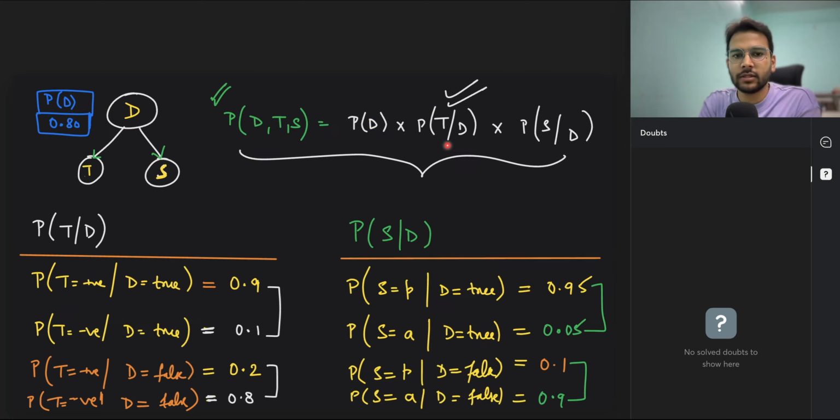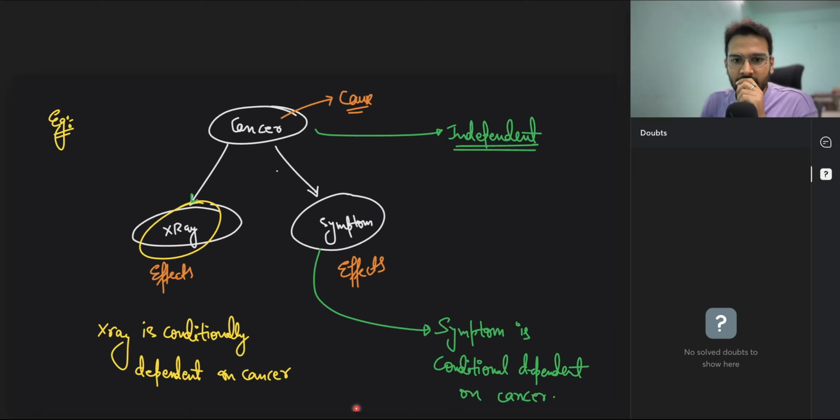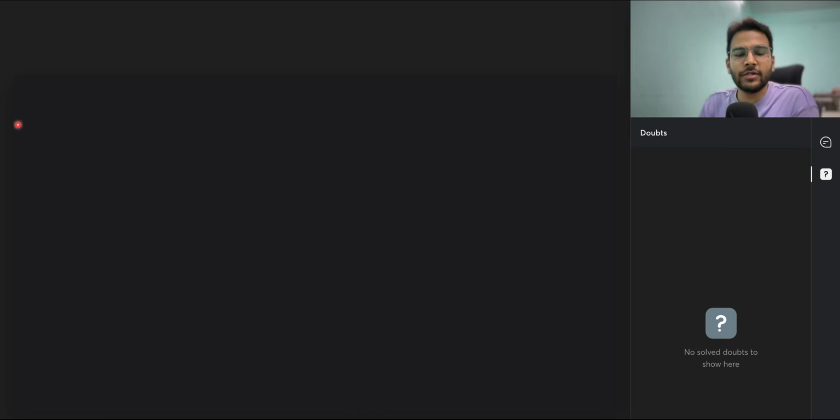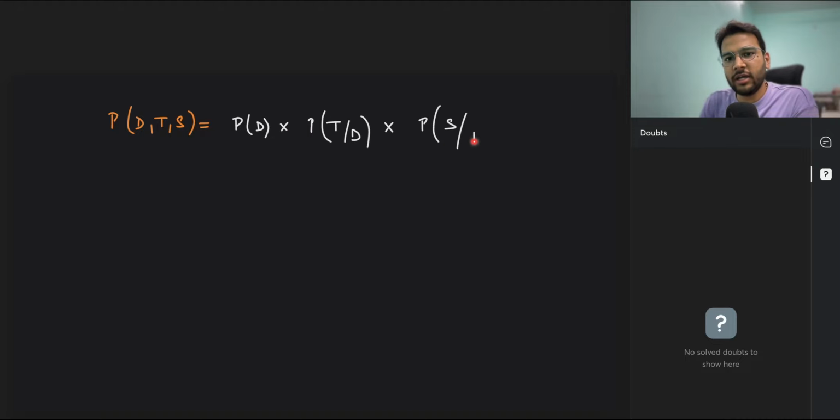So now carefully see this. Ideally, let me tell you one more thing. If you are wondering this, let me add one slide here. Carefully see this, everyone. If I say probability of D comma T comma S, ideally what we should write, using conditional probability and multiplication, is probability of D, probability of S given... Do you agree or not?